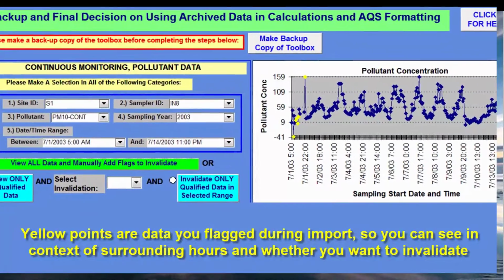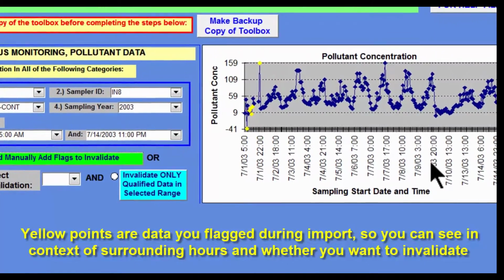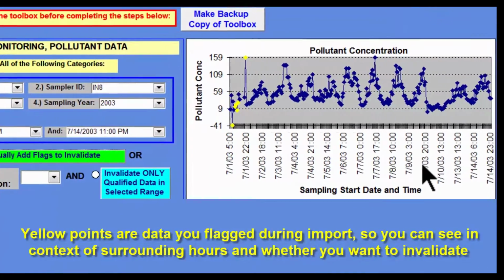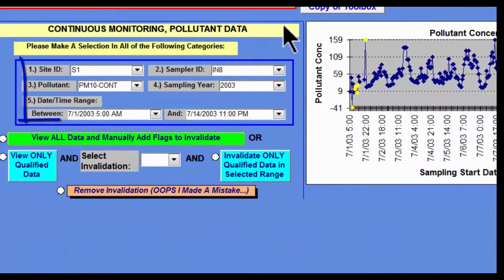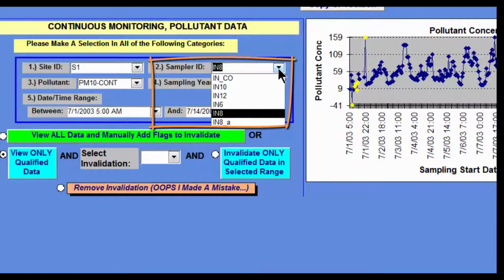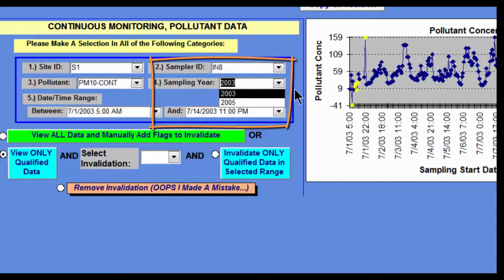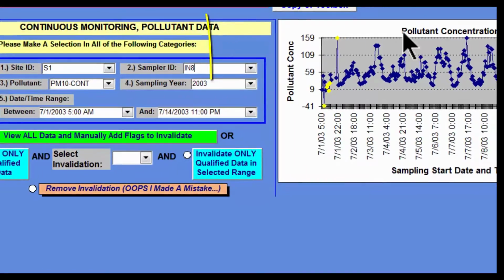Also new in version 3.1 is the use of a graph to allow us to visually see data. And if we want to assign AQS invalidation codes, you can see right here that we're looking at PM10 data. And whenever we use this function in the toolbox, once you enter the information here, which again is all in drop-down boxes depending upon what sites and samplers you've set up and what your data are, you see the data